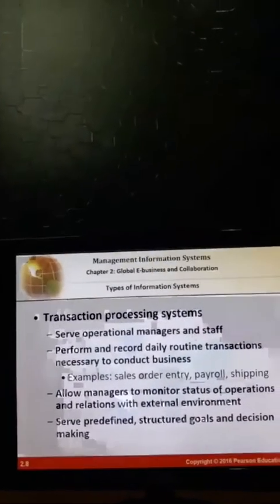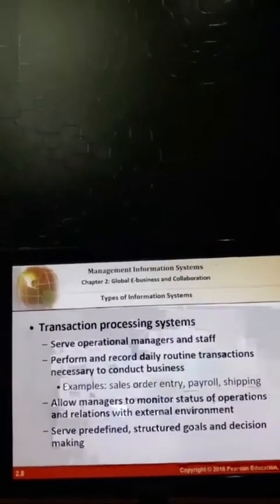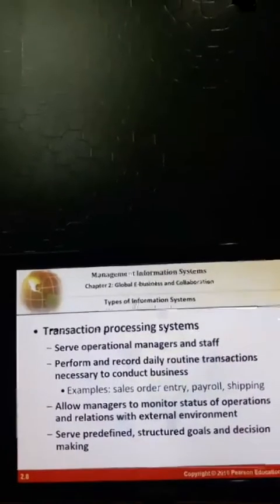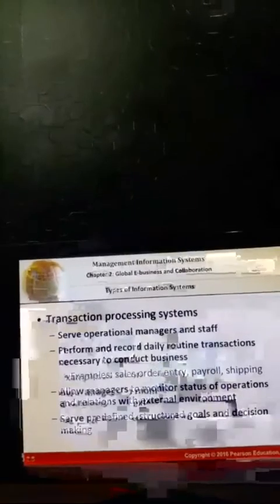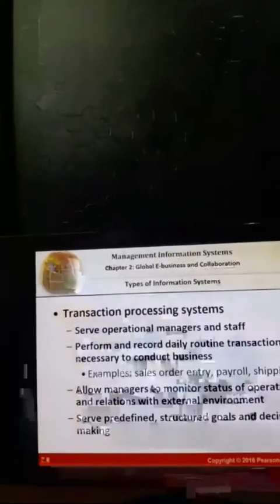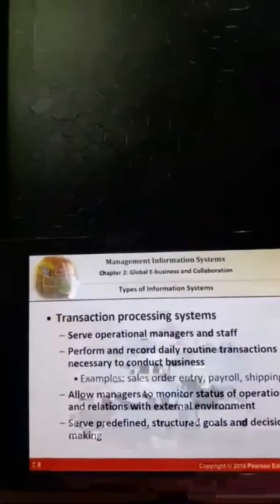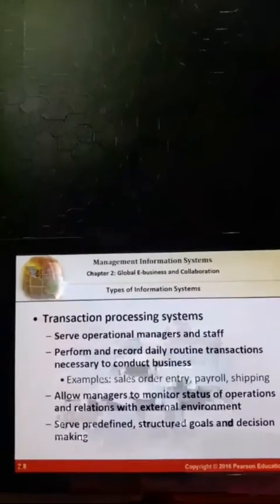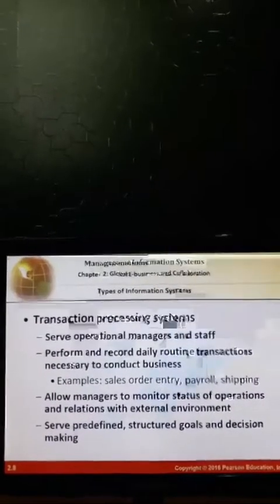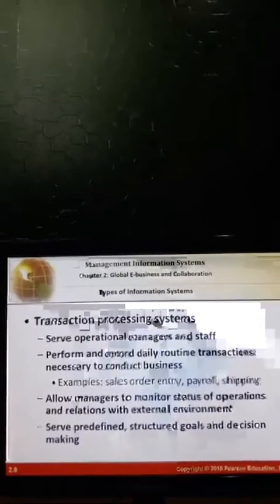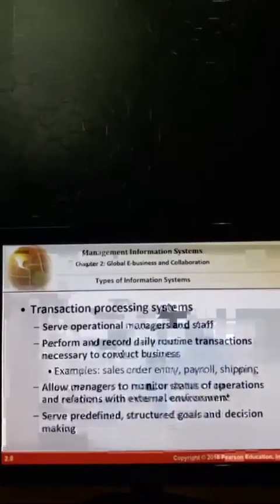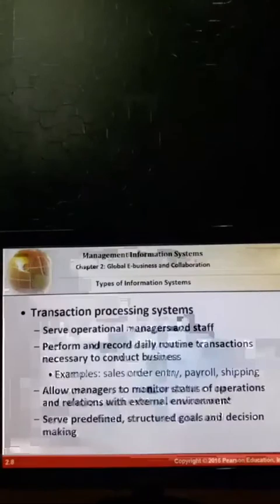TPS managers don't have any decision making power. They belong to the operational level. In every organization, the lower level managers are the TPS managers. So from now on, if anyone asks you who is creating data in business organizations, the answer is very simple: TPS managers, executives, lower level managers are creating data,